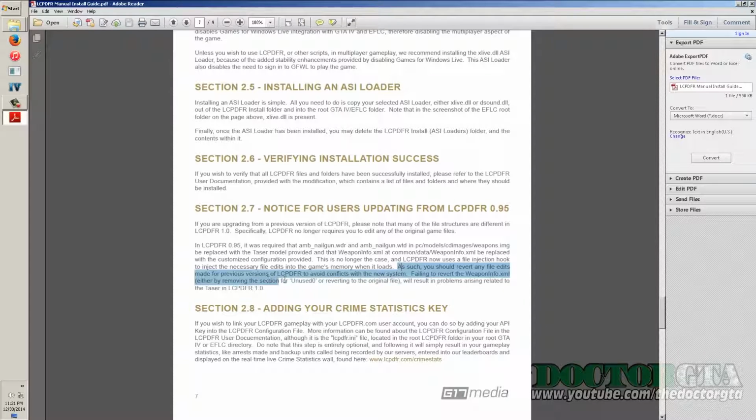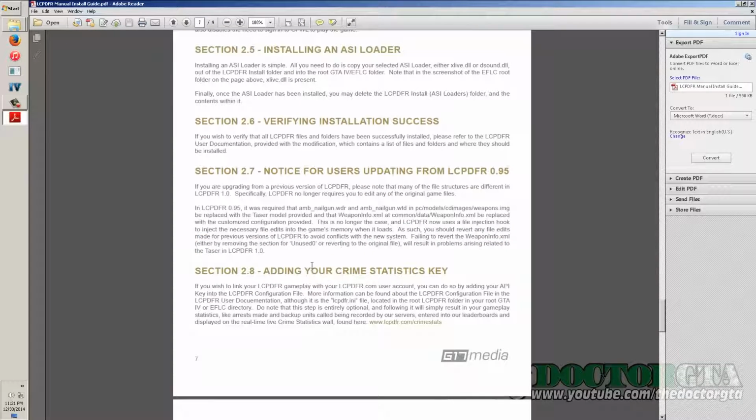Basically, you need to revert them by removing the section for unused 0 and so on. That's pretty much it. Adding your crime statistic key, you can link your crime statistics so it shows up on lcpdfr.com and shows your configuration for everything. It basically records everything, like your arrests and your statistics, recorded on the servers, the leaderboards, and